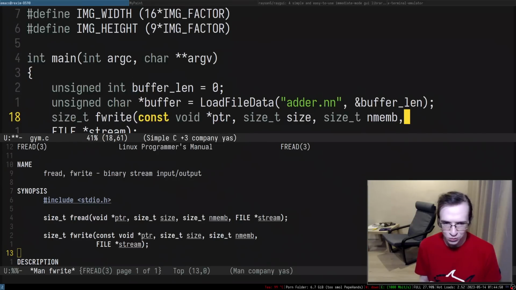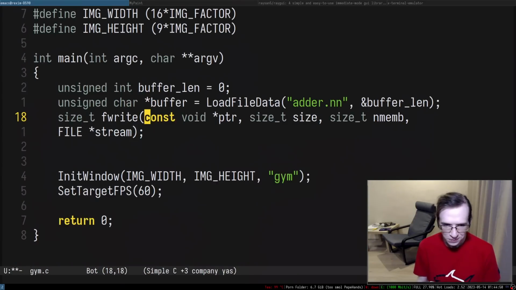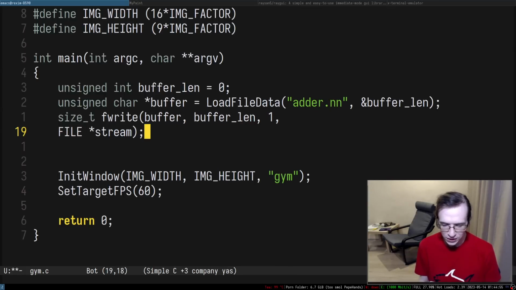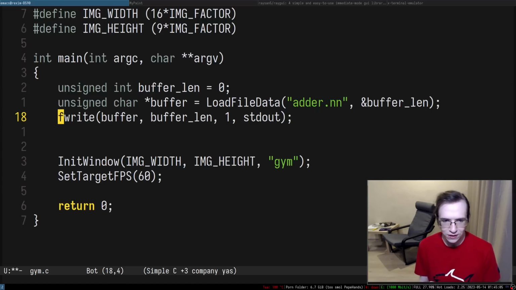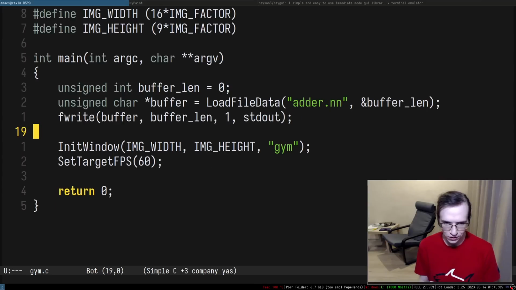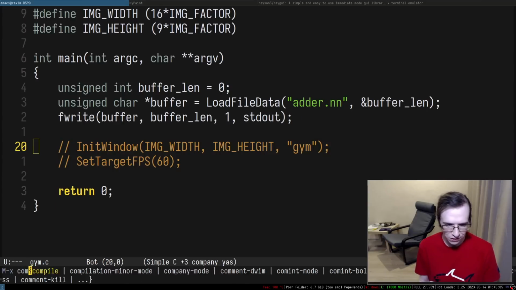Right, so let's actually write this entire stuff. Buffer. So this is the buffer len, and then we're going to have like 1. And I just want to see if it actually reads the entire file, if it actually reads anything. So let's comment this stuff out,